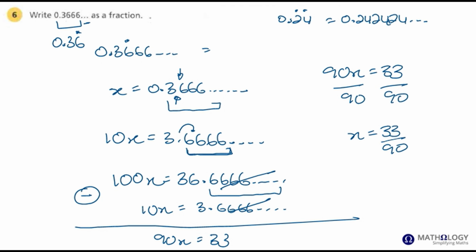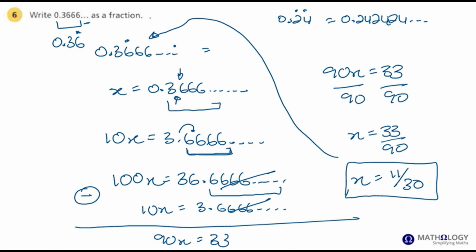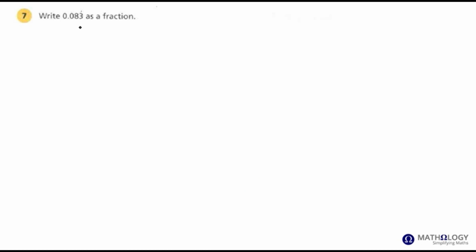That's not the simplest form because 3 goes into both 33 and 90. Divide by 3. 33 divided by 3 is 11. 90 divided by 3 is 30. So 11 over 30 is this decimal number, 0.3666. Okay, to write 0.083 recurring as a fraction, and look, the dot is on 3 above the digit 3,